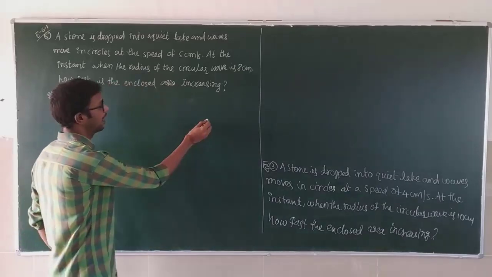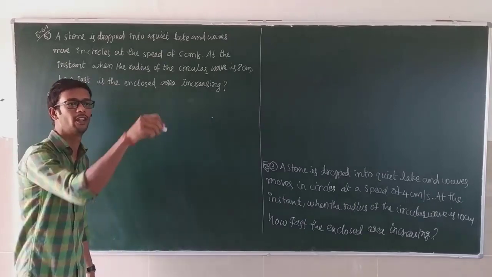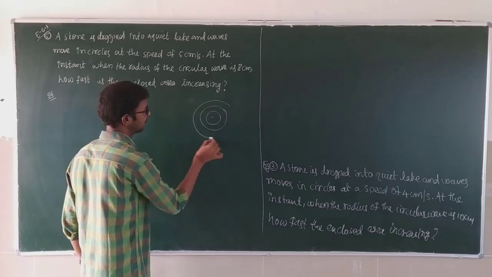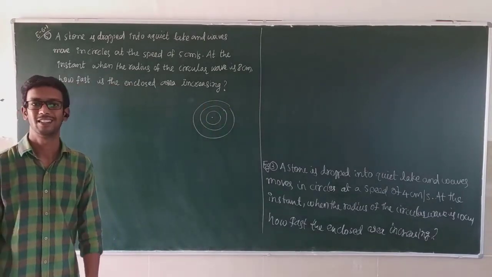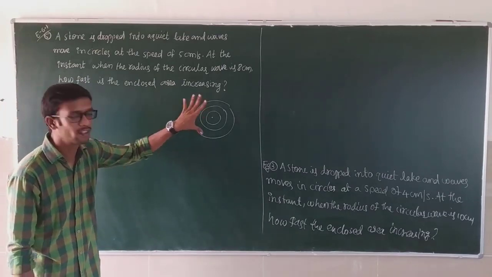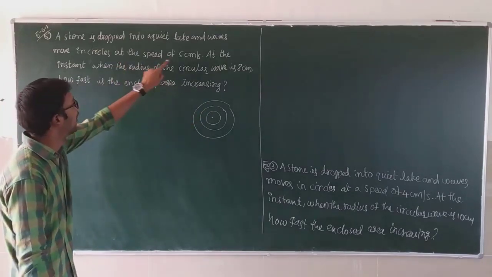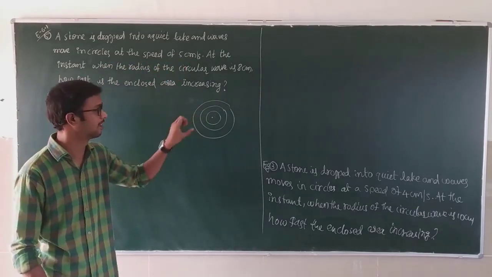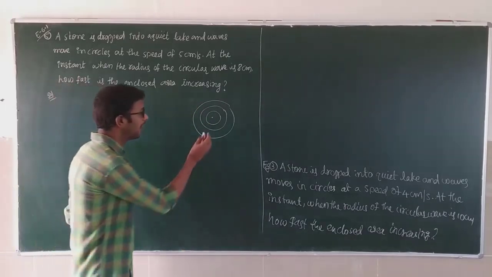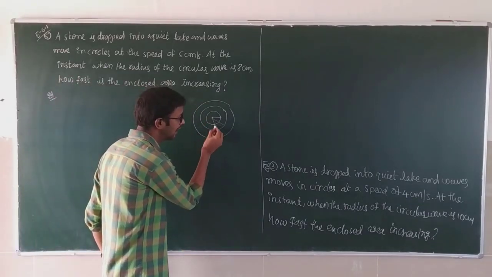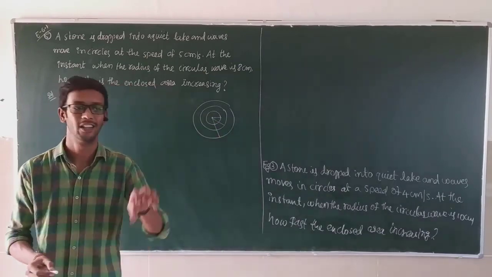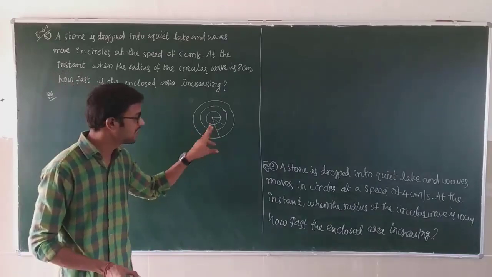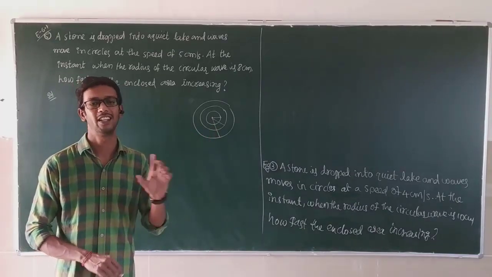If he is throwing that stone, the waves will become like a circle. So how much speed are the waves going? The circle is going 5 centimeter per second. In 1 second, 5 centimeters is the increase of the circles. What is increasing here? The radius. The wave is moving fast 5 centimeter per second means the change in radius. The change in radius they have given.